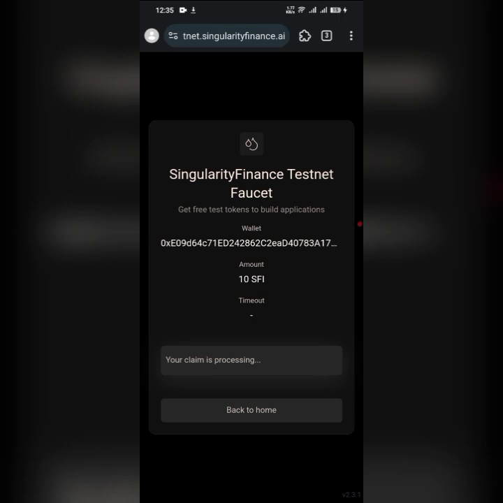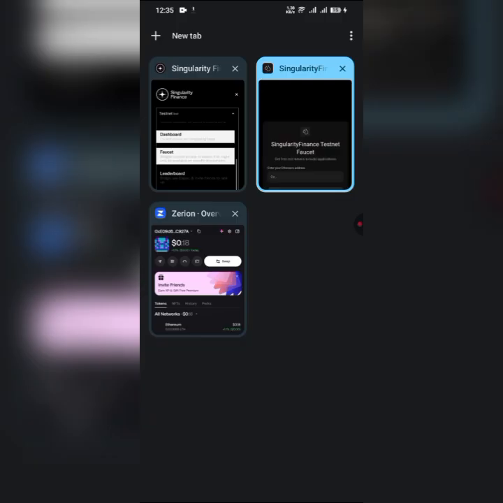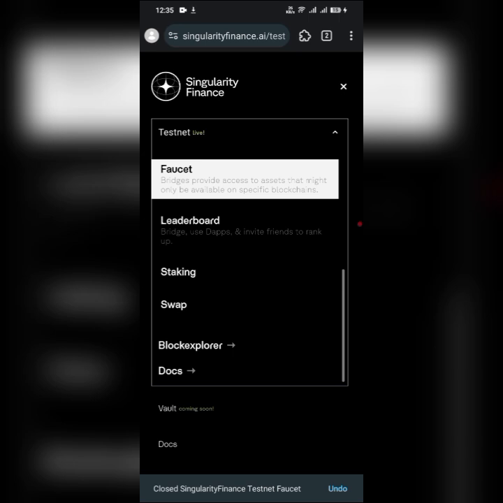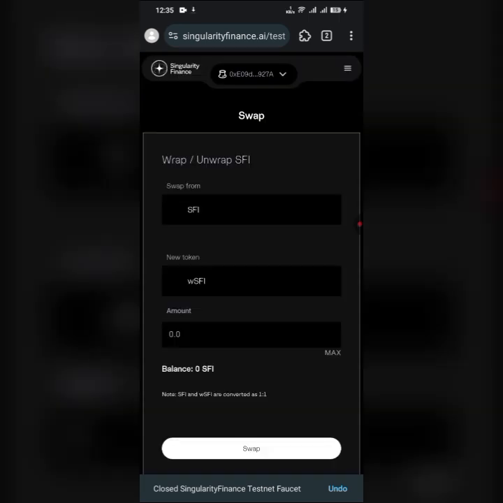Now the next thing we can do, we can go back home. Okay, just go back home. Then you close this tab and come back here. Now after visiting the faucet, the next thing we'll need to do is to go to swap, because on this